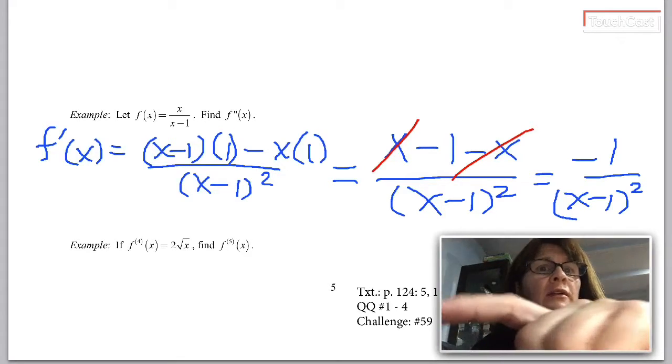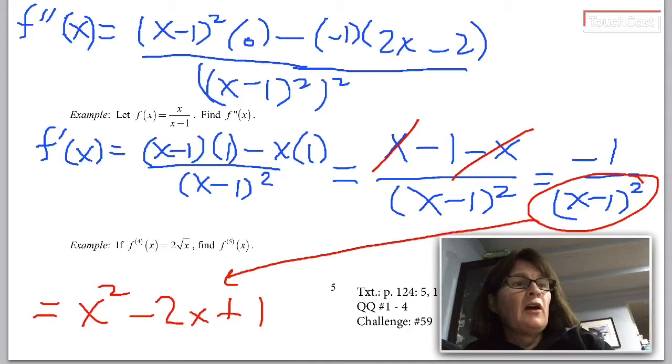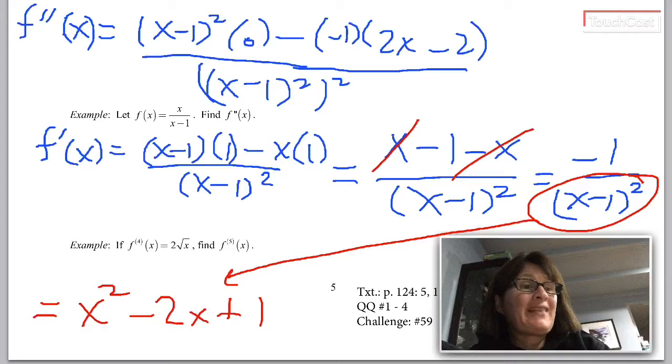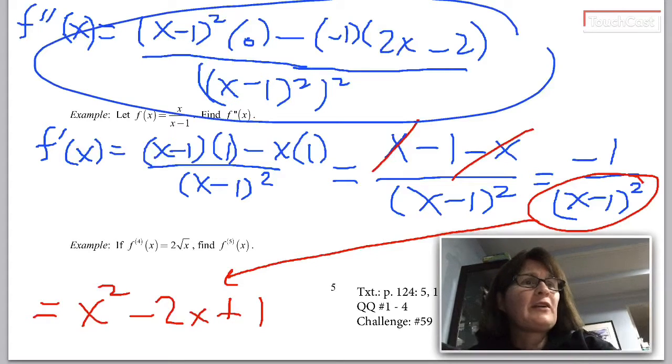Now I can find the second derivative without a whole bunch of extra expressions lying around. So my f double prime of x. Alright, so low d high minus high d low. Notice my d high, the derivative of -1 is 0. The derivative of low, now I actually realize I do have to multiply that out. We'll learn a shortcut later so you wouldn't have to. Sorry, I keep running out of disk space. So here we go. f double prime. We can talk about it in class if you have questions about how to find